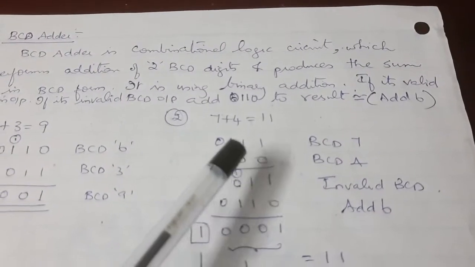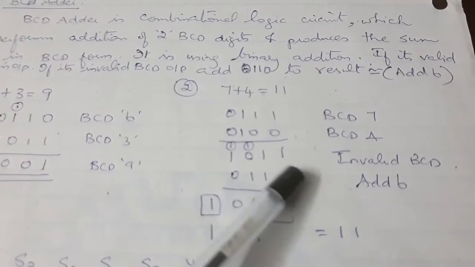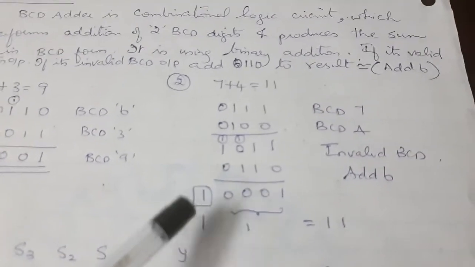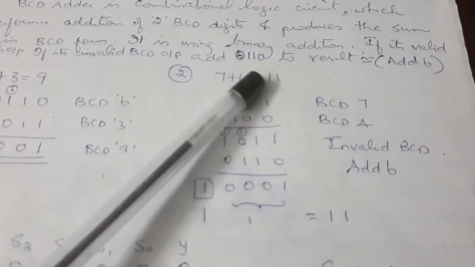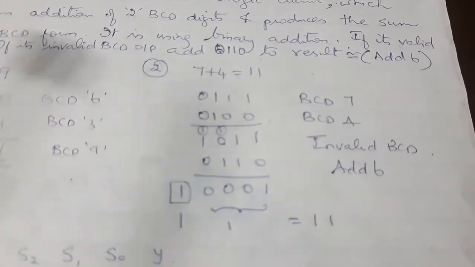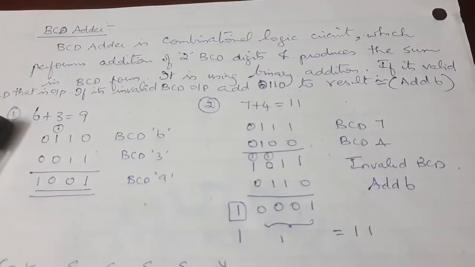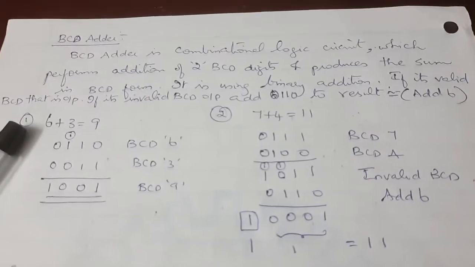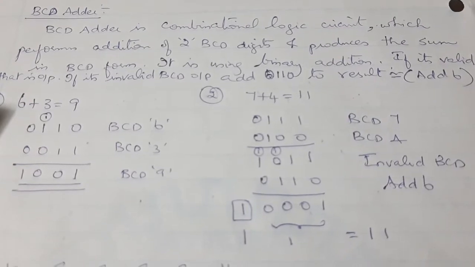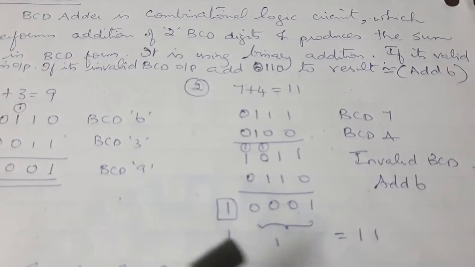Therefore, whenever you get a number greater than 9, it is an invalid code. I have to convert it into BCD by adding 6 to the answer, and you will get the combination 1, 1. It is not eleven, it is 1 and 1. So in a BCD addition, if the sum is below 9, it is very easy to do the operation. If it is greater than 9, it is an invalid code from the direct binary addition, so that answer should be added with the number 6 in order to produce a BCD output.